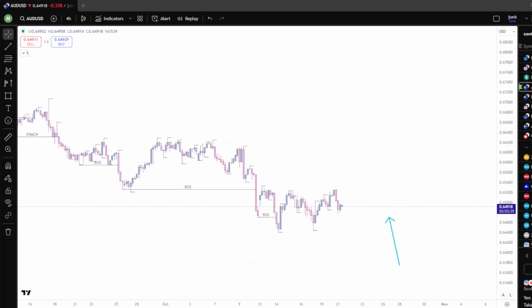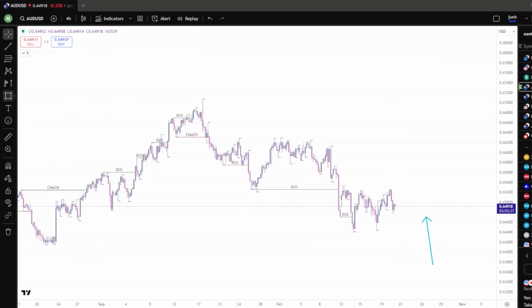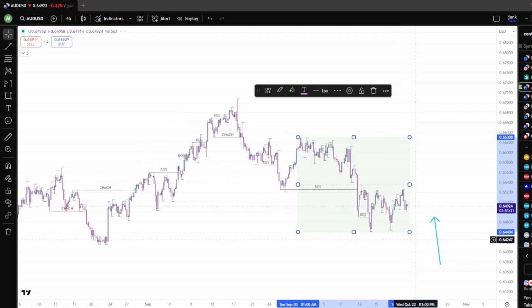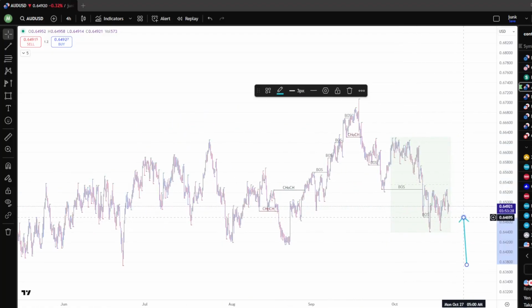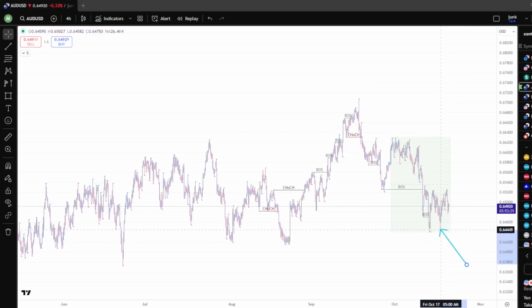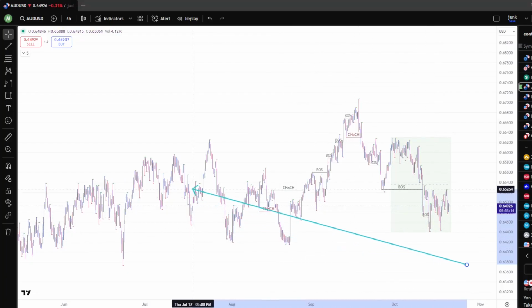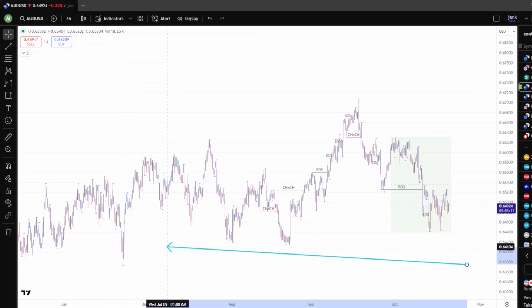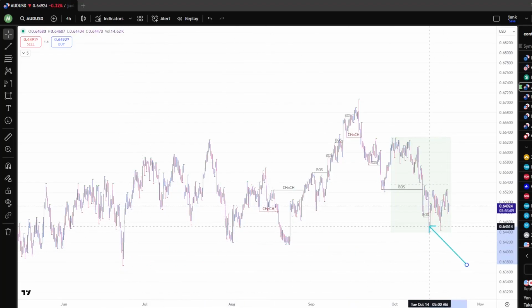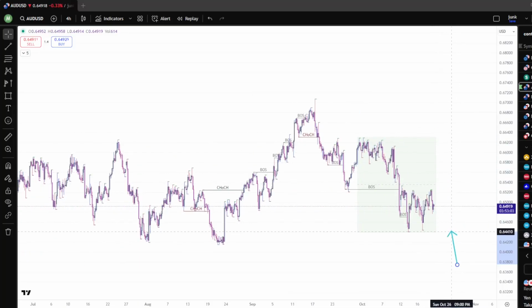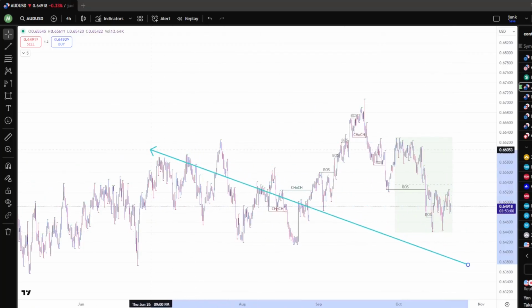AUD USD, let's go and map out the current range. It's our current 4-hour structure, similar to what we've been saying on this channel. Similar to the other US dollar pairs, it's been a consolidation. Kind of broke out, but this area was the area of resistance, which price came back down into. You can look at it overall, even dating back to June and July. This was a higher low, higher lows, and it's possible now it's forming higher lows in October in order to continue to push higher. But overall, it's just in consolidation in between